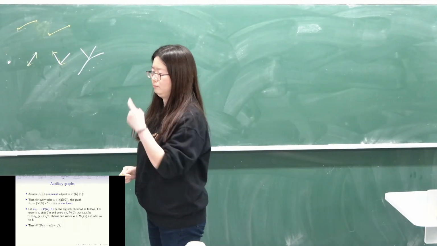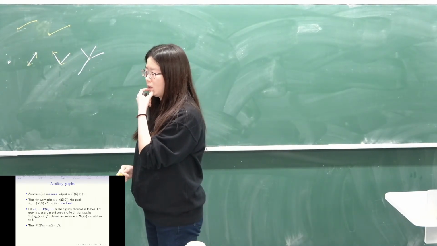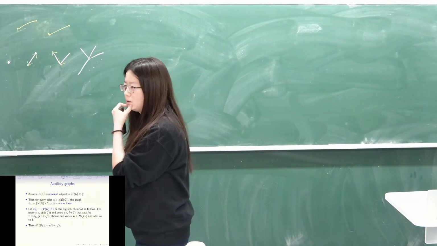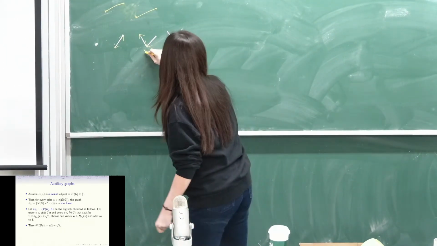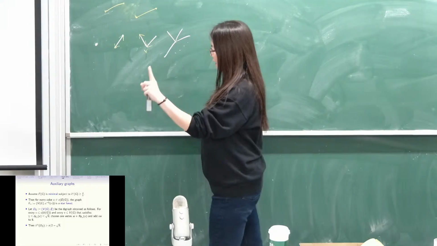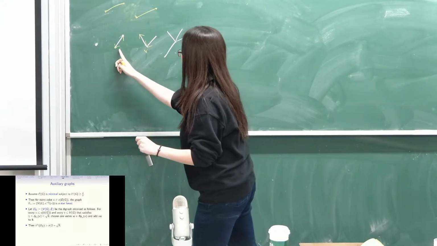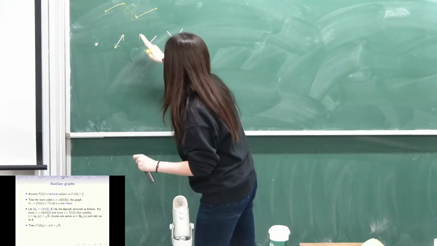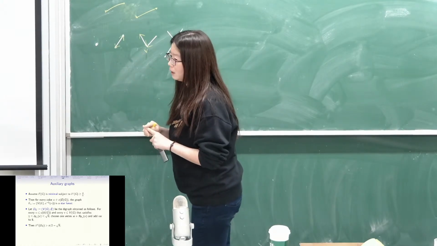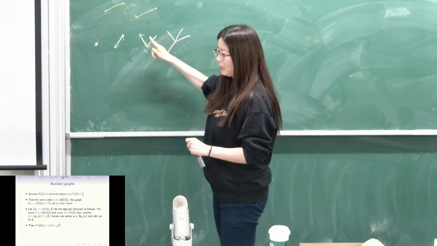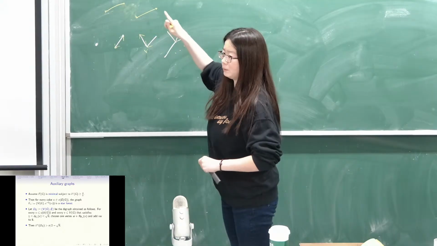Oh, you want to make a transitive orientation? Sorry. So if this vertex V sees one edge in color alpha, I just draw an edge pointing out from it. If it sees multiple edges in color alpha, I just arbitrarily fix one edge and then draw an edge pointing out.